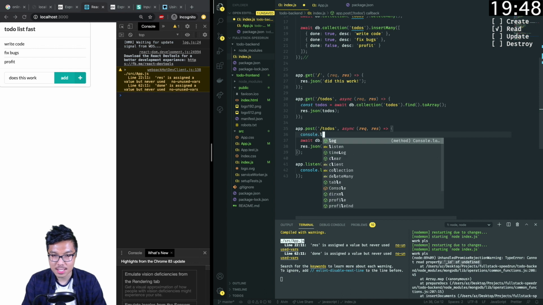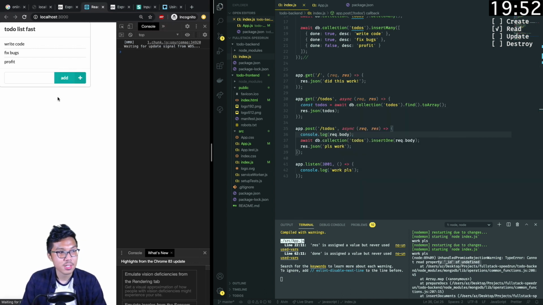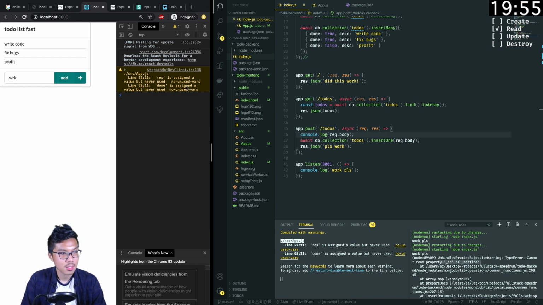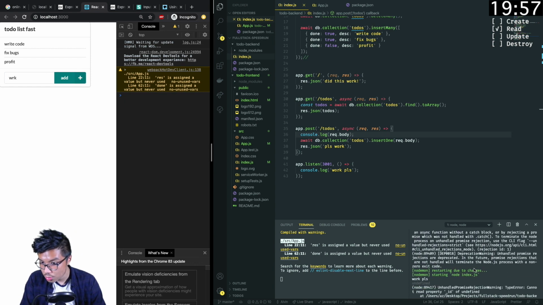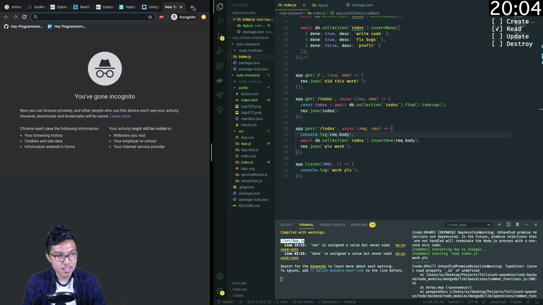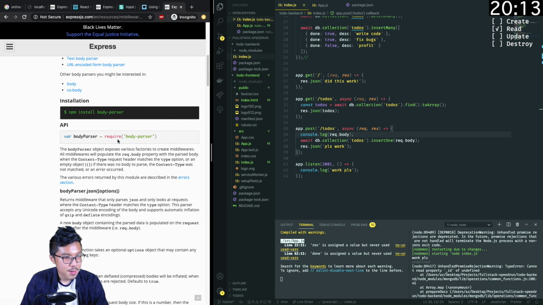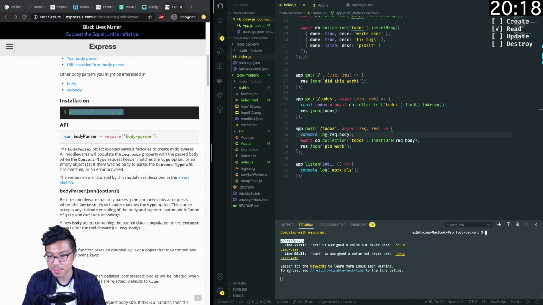Maybe the request body is undefined. Let's see that. So refresh this. Work. And what do we have in our errors? Yeah, it is undefined. Yeah, Express. I'll probably have to, yeah, I need that body middleware thing. Express body. I don't think Express even comes with it. Yeah, it does not come with body parser anymore. So I have to install it myself. So we need the middleware to actually parse JSON out of the body, which sounds ridiculous, but you know,